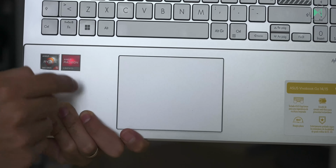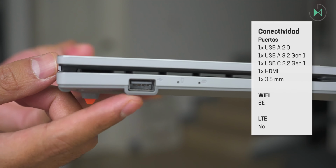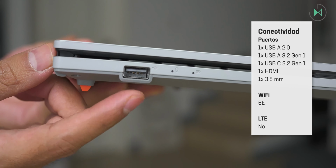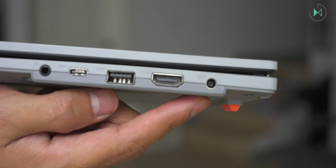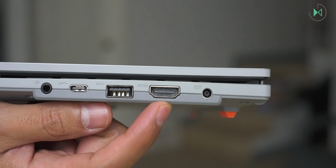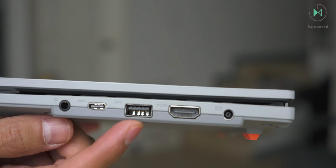Regarding connectivity, note that on the left side it comes with a USB-A 2.0 connector, which is a fairly simple connector, and here are some indicator LEDs, but on the right side it comes with a few more connectors. To start, we find the power connector followed by the HDMI connector to connect to an external monitor or a projector. Then we find a USB-A port 3.2 Gen 1, so this is much faster than the left port,